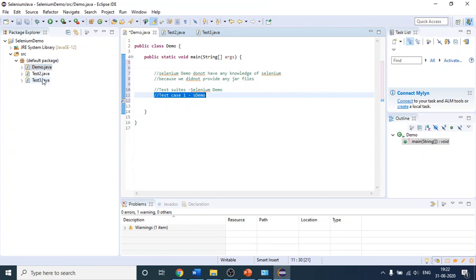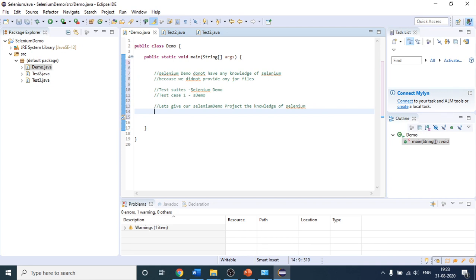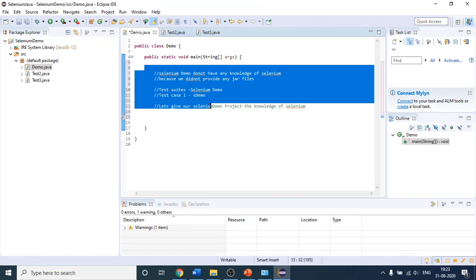So what I will do now is give our Selenium demo project the knowledge of Selenium. Whatever command you write in Selenium, we are not writing the Selenium code as of now. We will do it from the next class. As of now it does not have any knowledge, so I have to import some jar files.